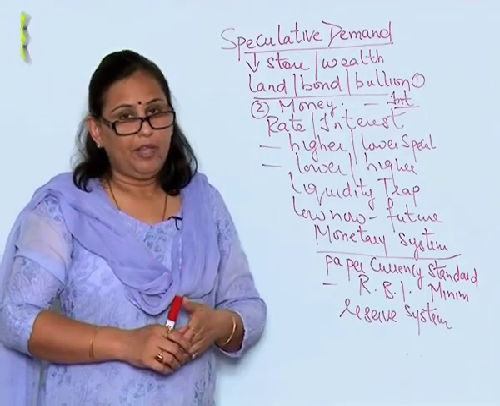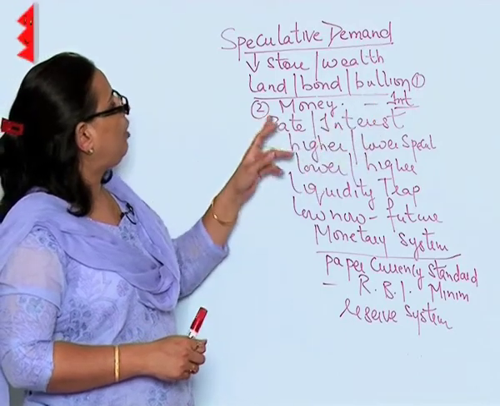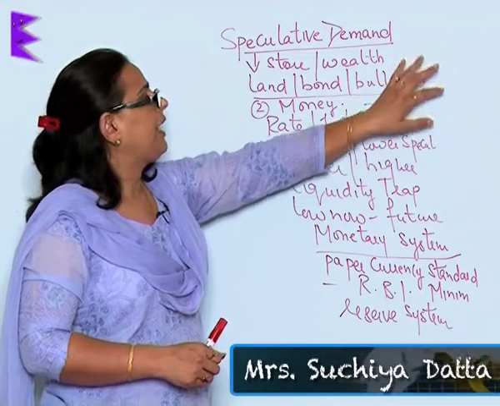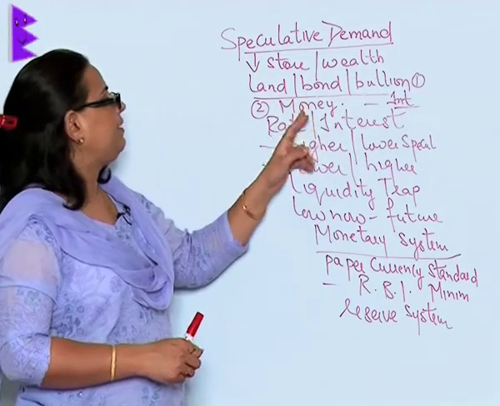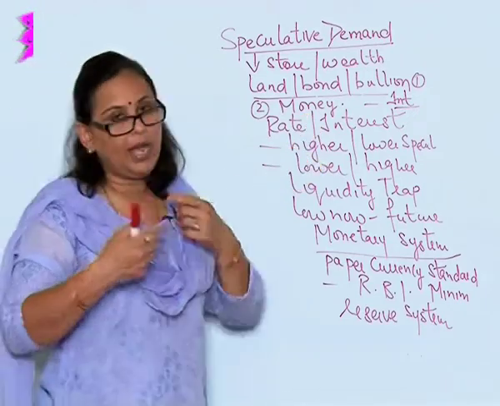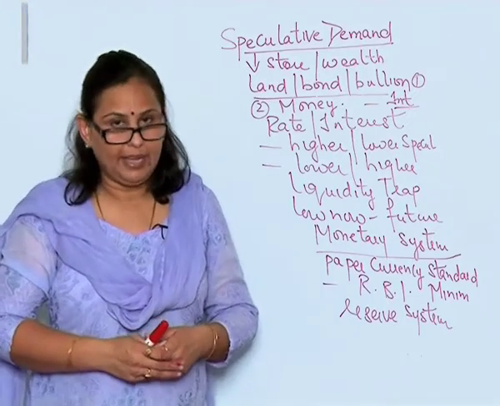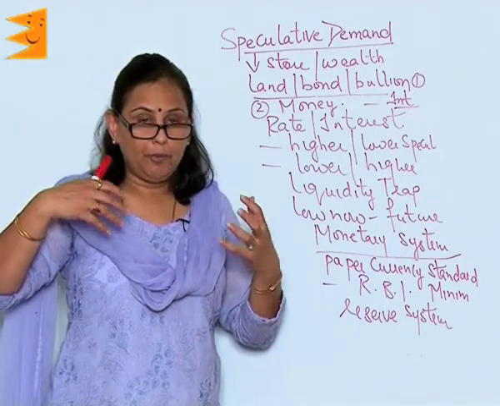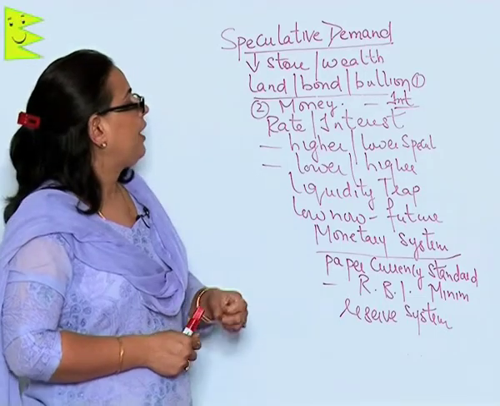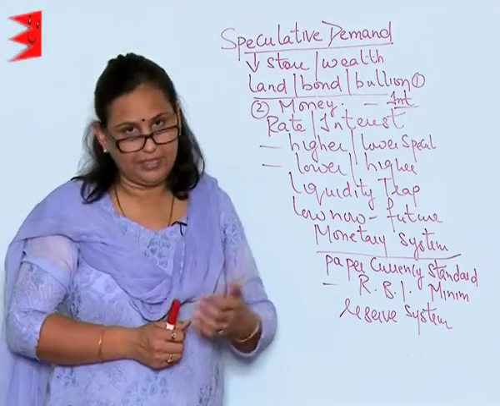When I want to divide it, I will say that let's put all of them, the land, bond, bullion, under one and call it bond, and the second shall be the money that I have. Now what should I do to get more profit out of the money that I have, or what should be the proper use of the extra money that I have? It would be best to put it in the bank and earn interest.